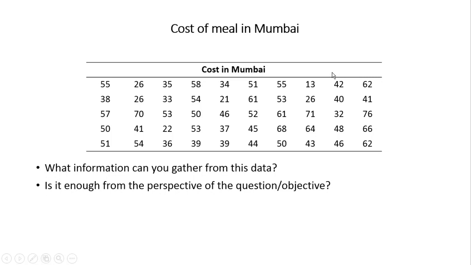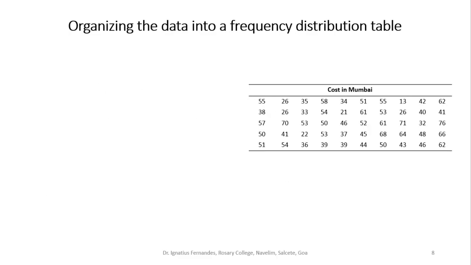So what we need to do is put it into a form so that we can derive some information, some conclusions. That is the reason why we organize this data. One of the ways to do it is to put it into a tabular form. So I want to organize these 50 values in a tabular form. We divide this data into groups. All those values which are in a particular range, I'll put into one group. Say rupees 0 to 10 in one group, 10 to 20 in another group, and so on. So we club them into groups.